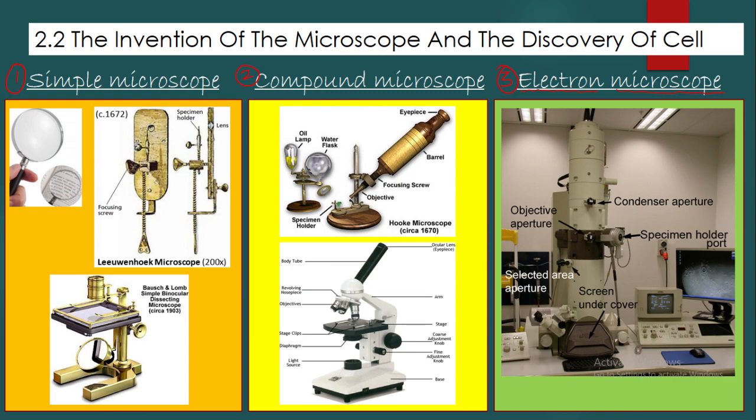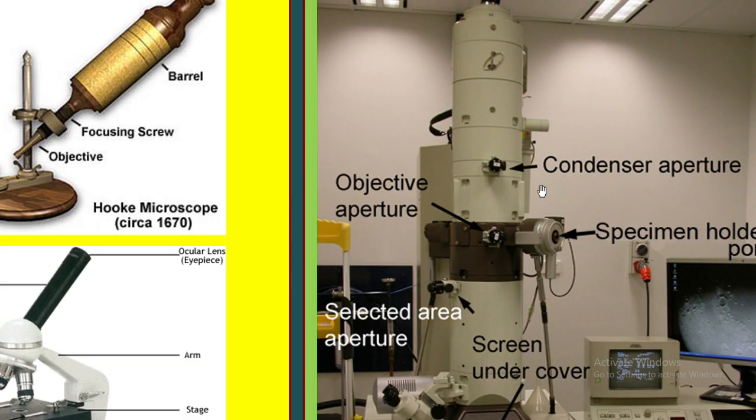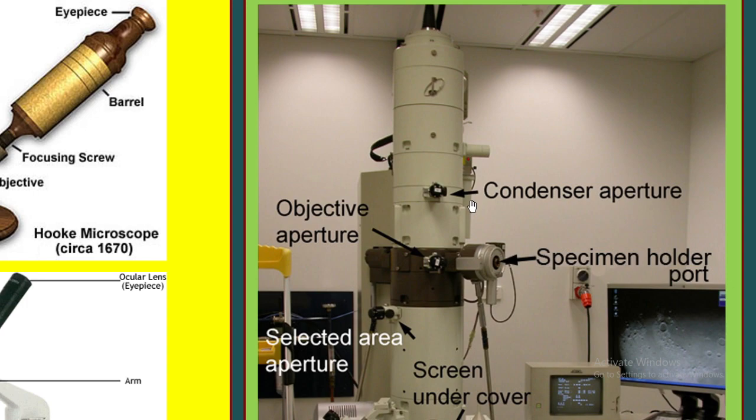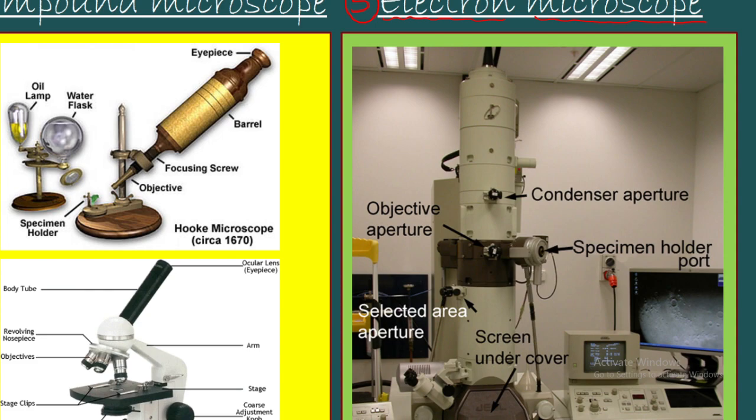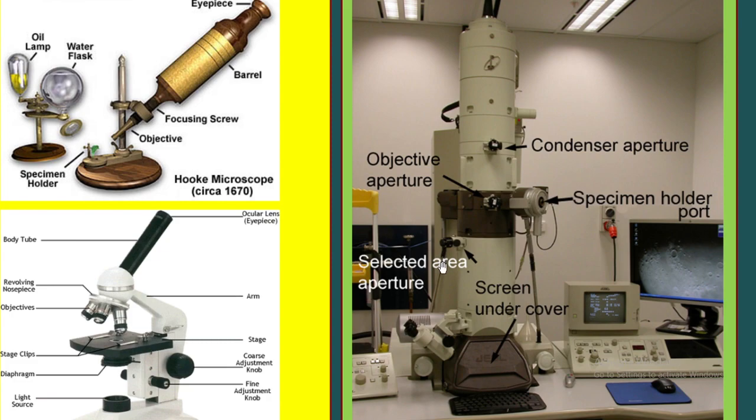Okay, so here what we are seeing is an electron microscope, this long tube-like structure. One complete dedicated room has to be given for an electron microscope with its own power setup and vacuum generation, because inside this tube there will be total vacuum. On the top here the electron beam generator will be there.